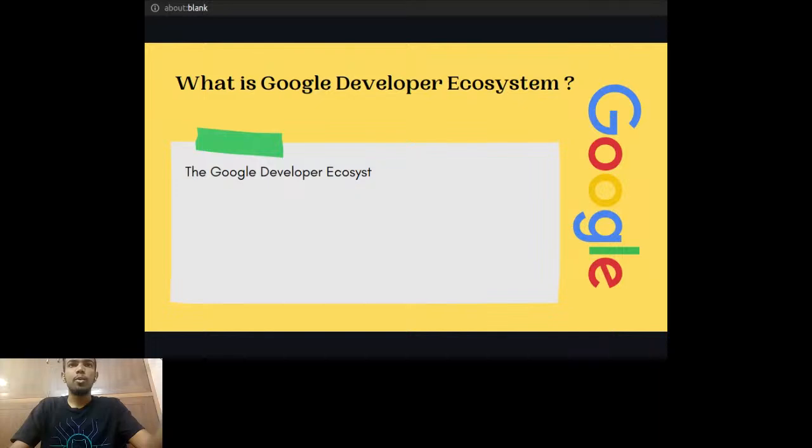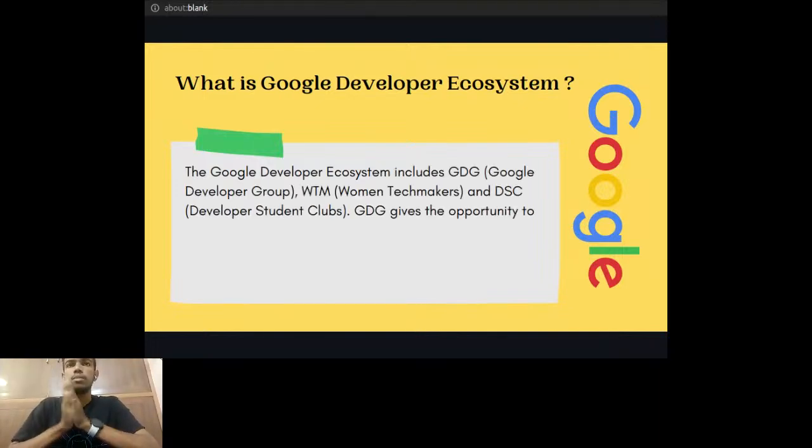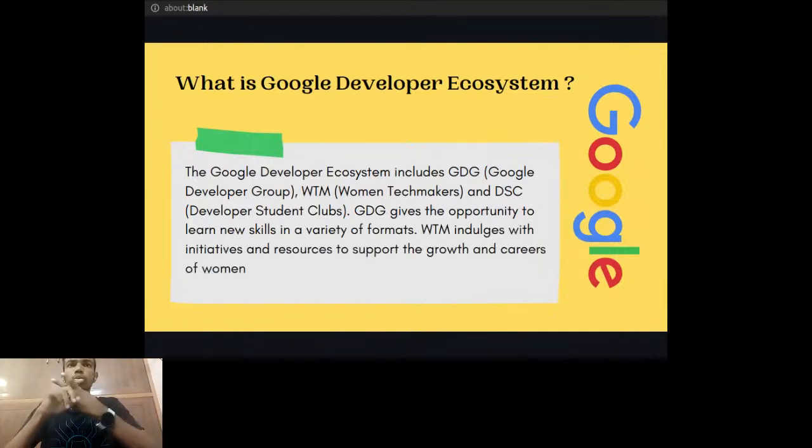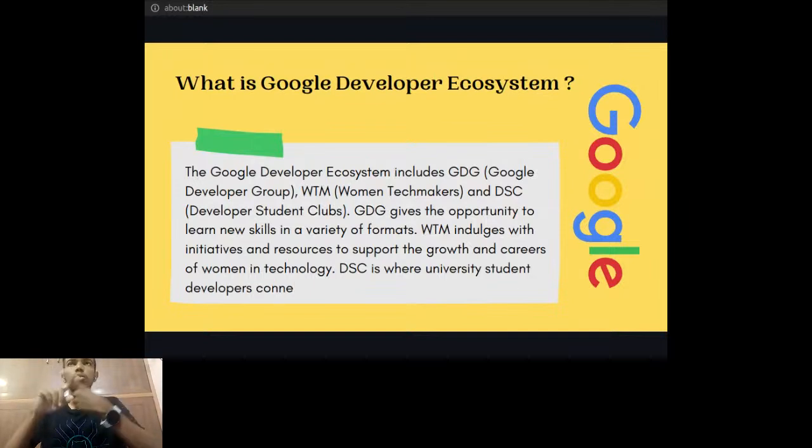And what is the Google Developer Ecosystem? The Google Developers Ecosystem is a part of Google. There are actually two parts: Google Developer Groups and Google Developer Students Club. Google Developer Students Club is for people aged 18 to 21, your college years.